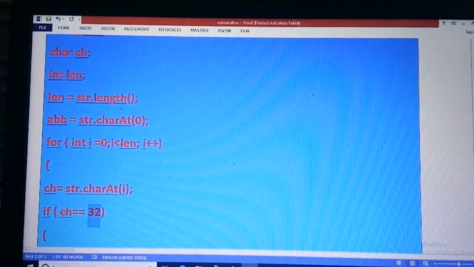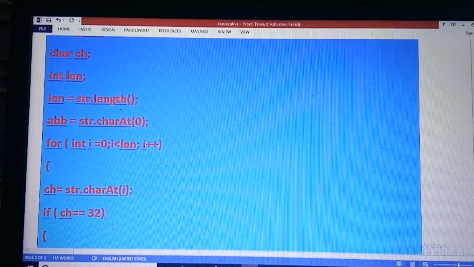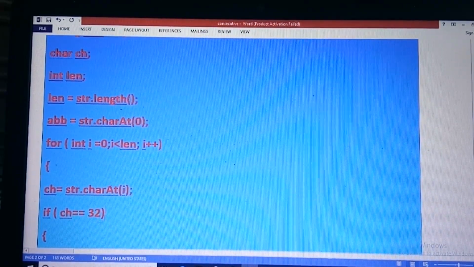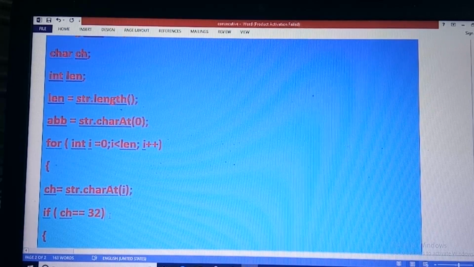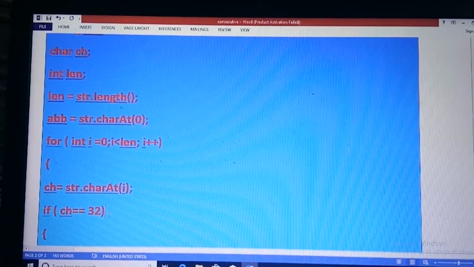If the ASCII code of the alphabet is 32, that means there is a space. If ch equals 32 returns a true value, that means it is a space.